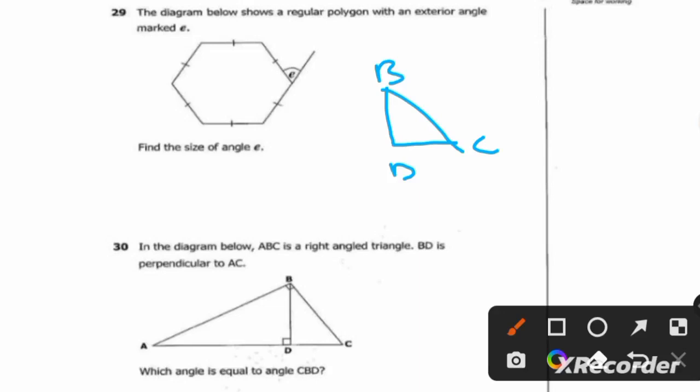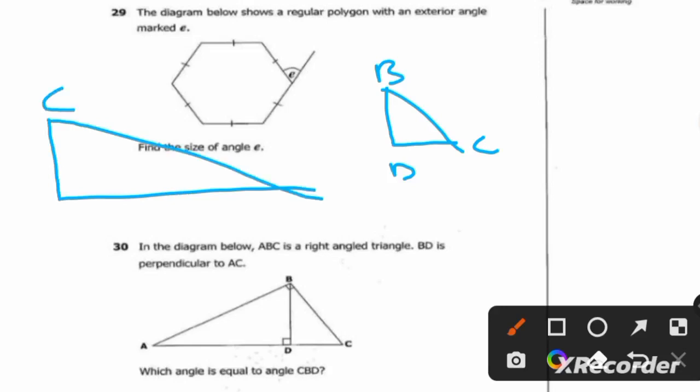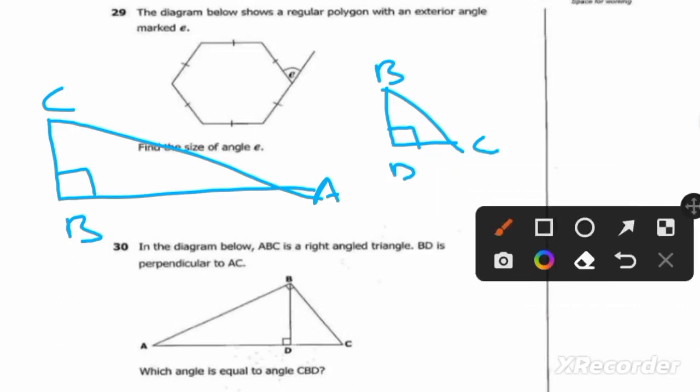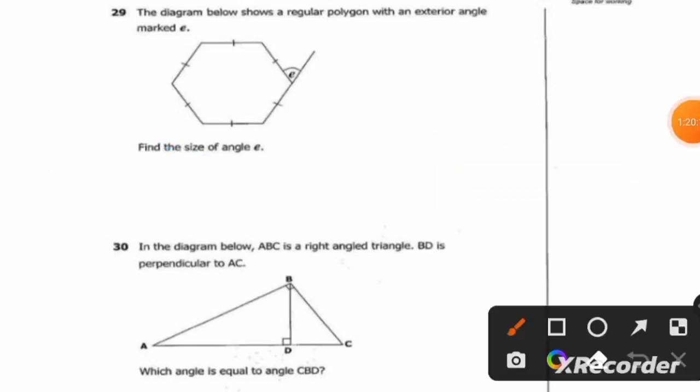Here we have C, here we have B, here we have A, with 90 degrees here and 90 degrees here. So the angle that is similar to this one is the angle that is similar to CBD, which is equal to